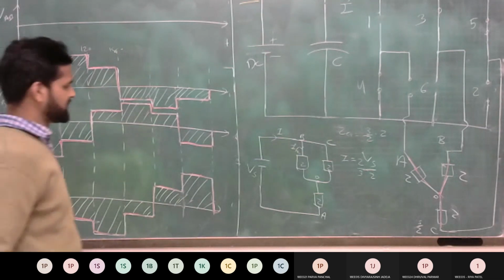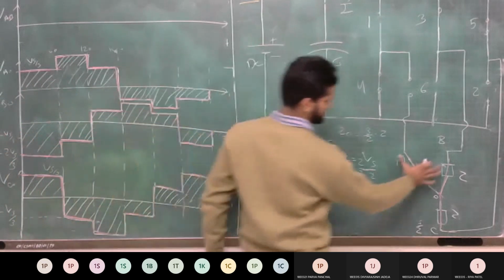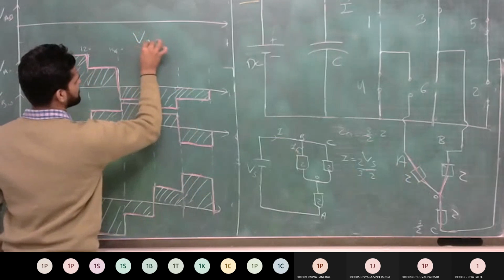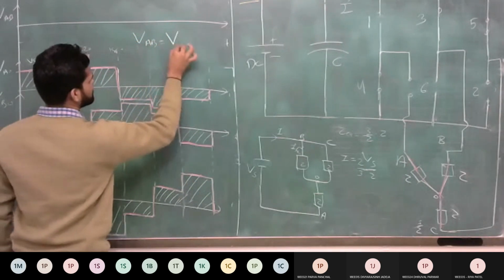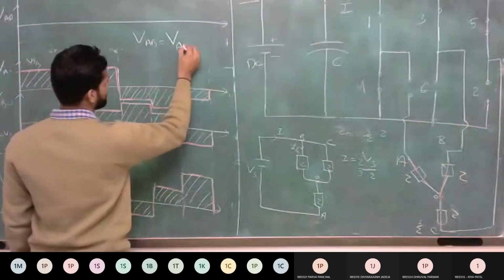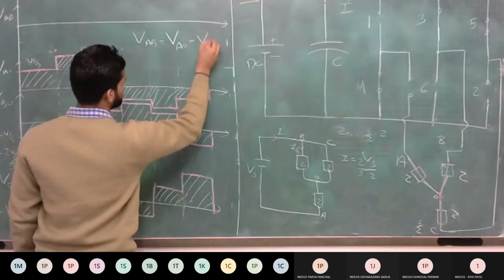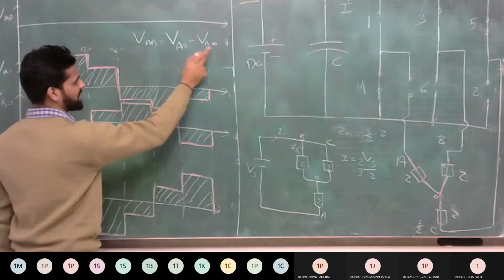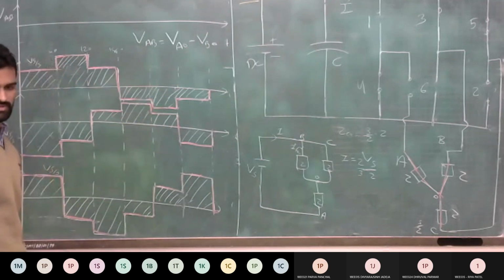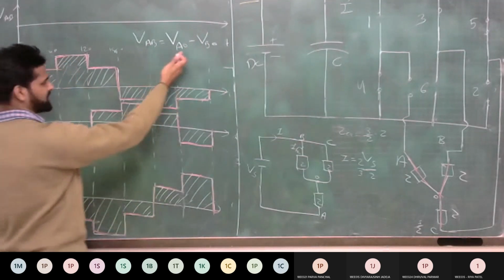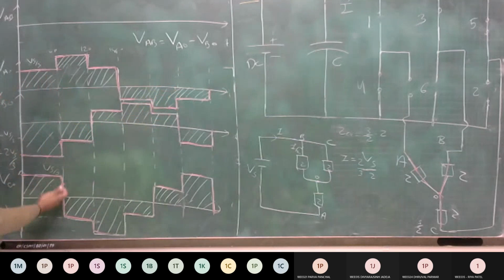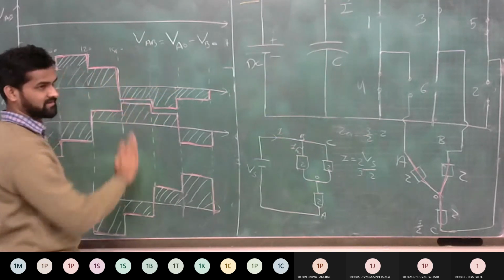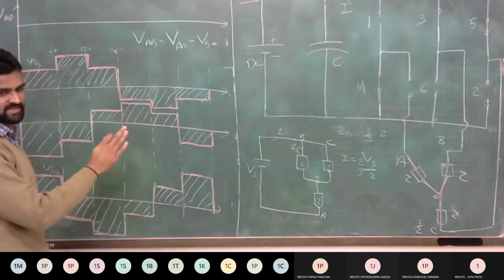Okay, let's draw the line voltage between phase A and B. As you know, VAB is nothing but the difference between two phase voltages, VAO and VBO. VAB is equal to VAO minus VBO. Here you already know all the phase voltage magnitudes for each and every step in one cycle, so we can directly get the magnitude of line voltage for all the 6 steps.